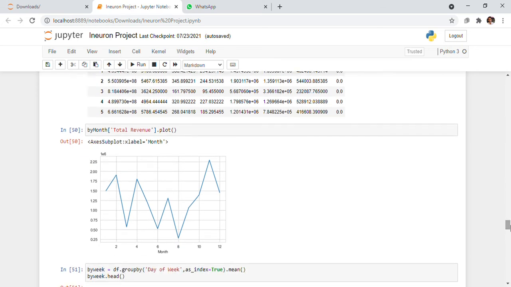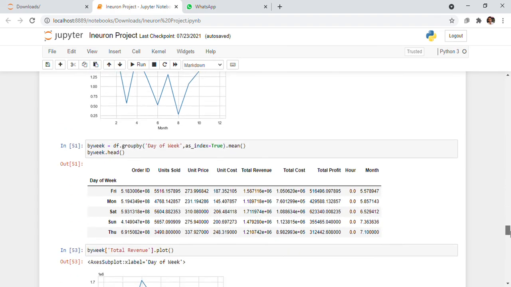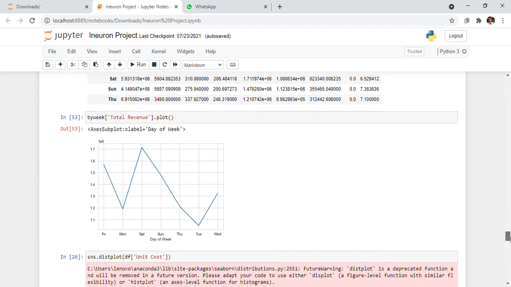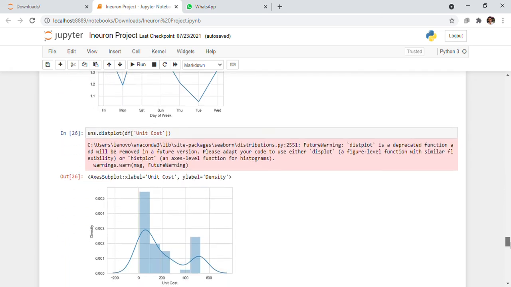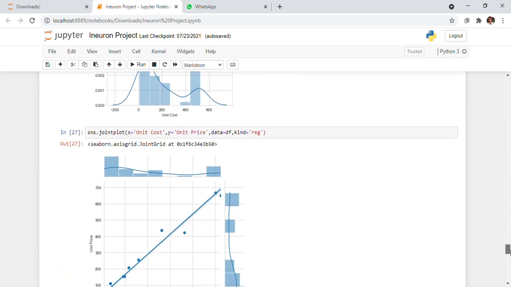So this line chart is basically showing us the trend of the variable total revenue on the basis of month. You can see the revenue for the first month, second month, third month, fourth month, and the line goes up and down. So this is showing us the trend of total revenue. This is the total revenue by week. This is a dist plot, and this is a